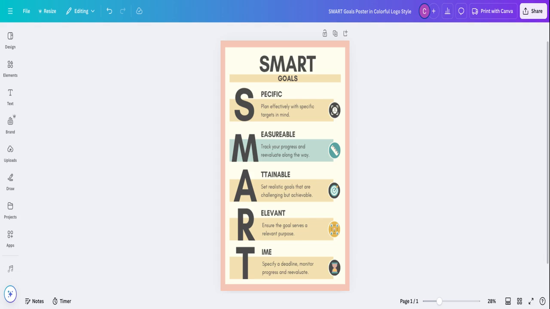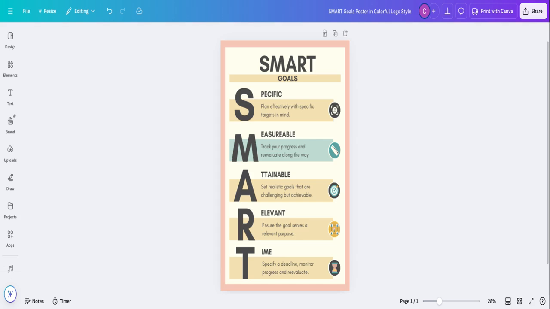Attainable. Are you setting realistic goals that are challenging but achievable, right? Is that something that you're doing? Is it relevant? Is it relevant to the end goal? Does it serve the purpose of what you're trying to do? If you're trying to get more people into your underwater basket weaving course, then is that happening? Are you seeing enrollments? Are you seeing people learning underwater basket weaving, right? It's the same thing with digital marketing, okay?